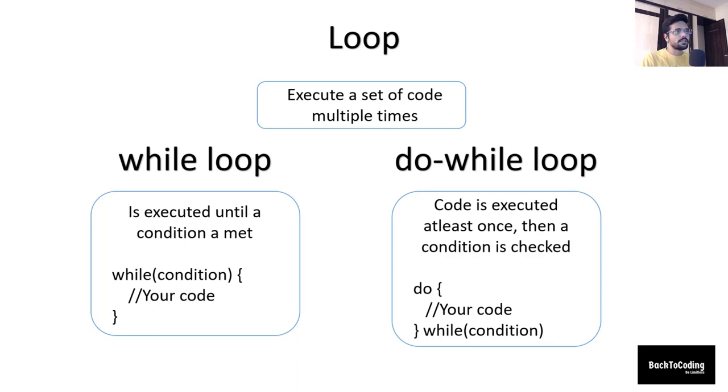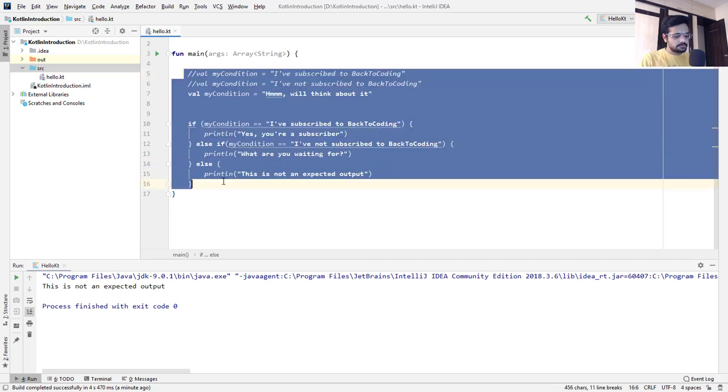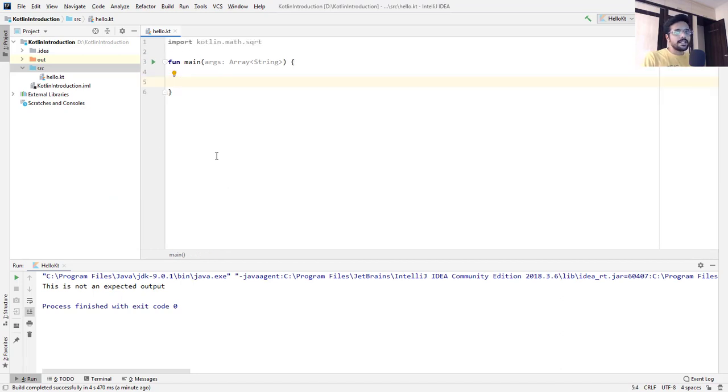Let's see a practical example. Let's say we want to print numbers up to 10. So what we'll do is use the println function to print numbers up to 10.